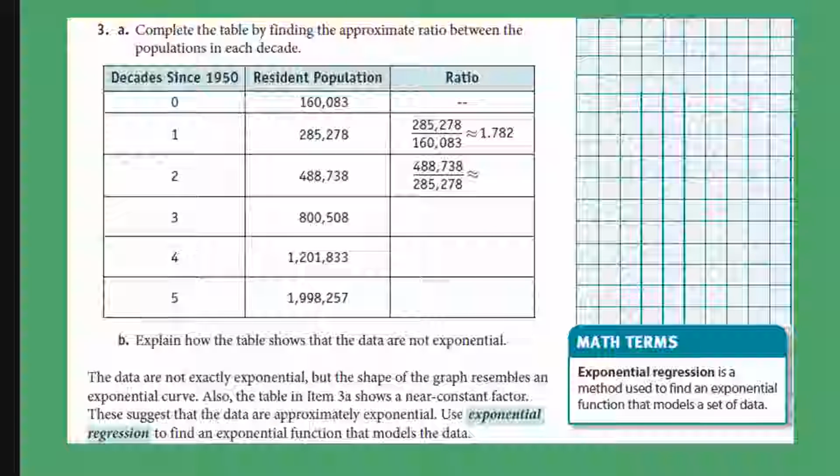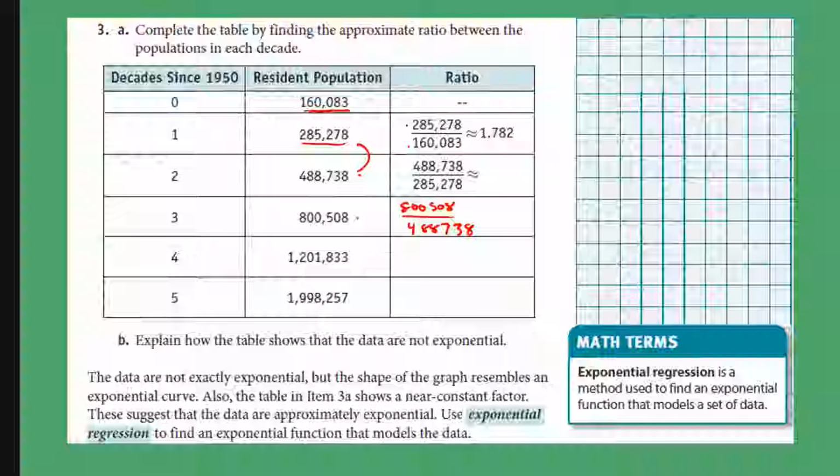All right, so on this one, you should pause it to finish filling this in, because I'll just fill it in real quick. But we're going to complete the table by finding the approximate ratio between the populations in each decade. So the ratio of this to this would always be the newer one over the older one. So the current population divided by the previous decade's population. So the next one will be 488 divided by the one before it. So this one will be 800,508 divided by